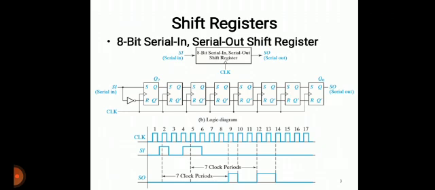Next, we have an 8-bit serial in serial out register. It also operates in the same manner. In case of 4-bit SISO, we will be having 4 flip-flops, and in this case, we will be having 8 flip-flops, and I am taking SR flip-flop. Serial in means the data is shifted into the first flip-flop 1 bit at a time, and the flip-flop cannot be loaded in parallel. Serial out means that the data can only be read out of the last flip-flop. Fine, you can see whenever the clock pulse is applied, then it will be shifted there.